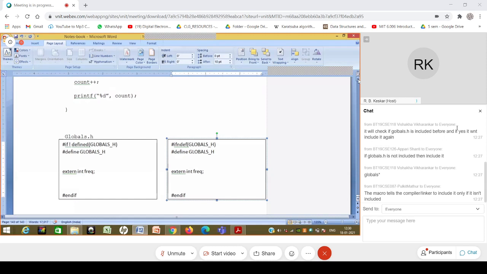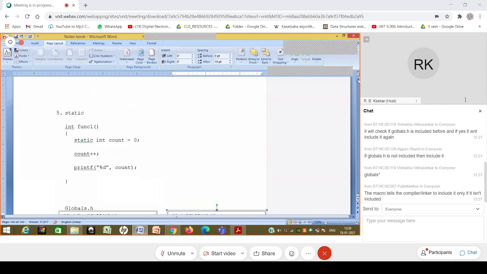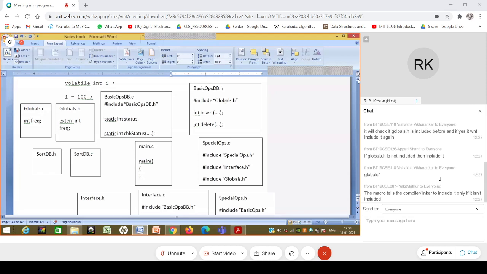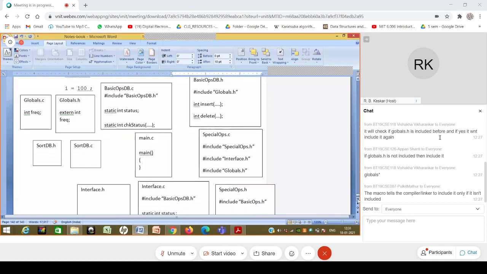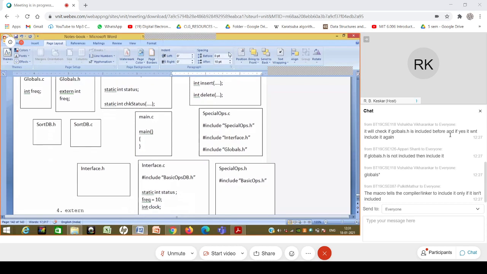Till that point, if there is any doubt on whatever I have just covered, I can quickly resolve it. Otherwise, we can move ahead. I think this was intuitive and simple enough to understand, if you were paying attention right from the beginning of what I was mentioning. So I hope there are no questions. If there is a question, I will wait for a few seconds and take it.